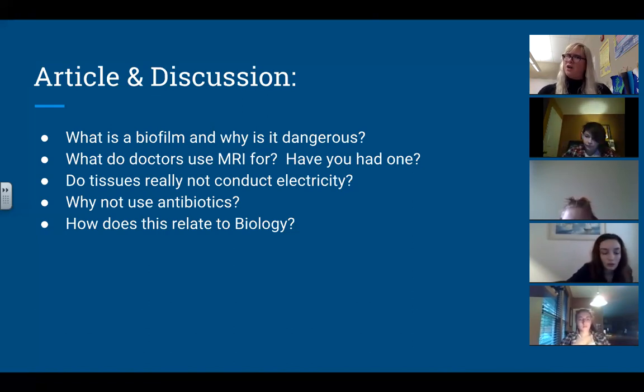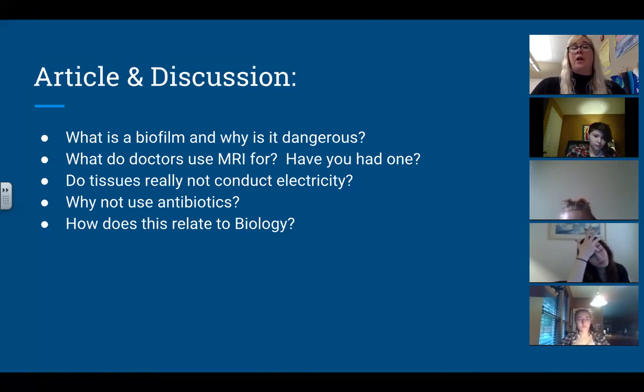They didn't really explain that super well, I think partially because they don't want people being like, oh no, I conduct electricity, I'm going to die from doing this. Their concept was that they would do just enough electrical current that it would kill the bacteria but not affect you. And is that possible? I think so. Kind of scary though, honestly. I don't know if I would go for this therapy.